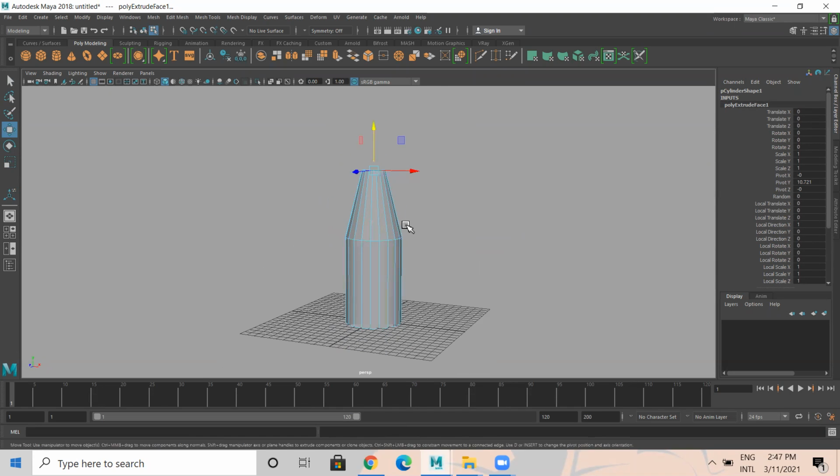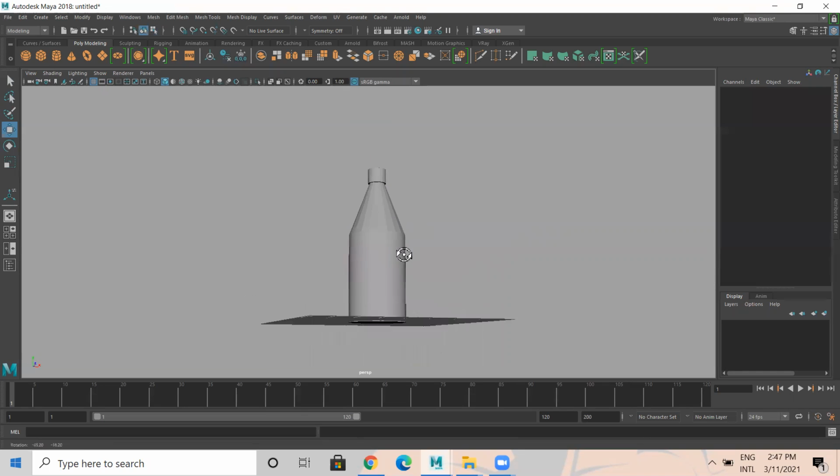I'm just creating a simple bottle model. After this I extrude again, make it a little bit bigger, then again extrude, again extrude, make it smaller. So see, the bottle is ready.